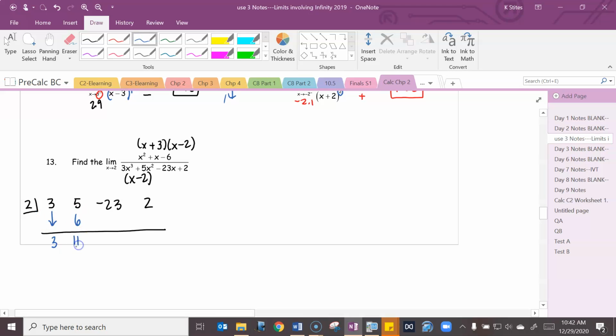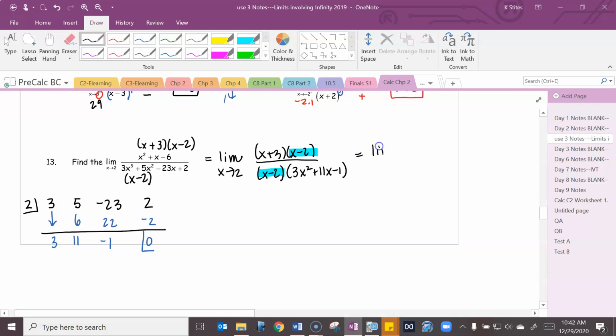Multiply, add, multiply, add, multiply, add. We do get a 0. That's good. So now I can factor this. I have the limit as x approaches 2 of the top was this. The bottom, we know we have an x minus 2 because the 2 made us get a 0, which means 2 is a factor. And then I have 3x squared plus 11x minus 1. So here's the thing. The 2 actually isn't a vertical asymptote. It's a hole. Okay, they cancel. So once you cancel out that hole,